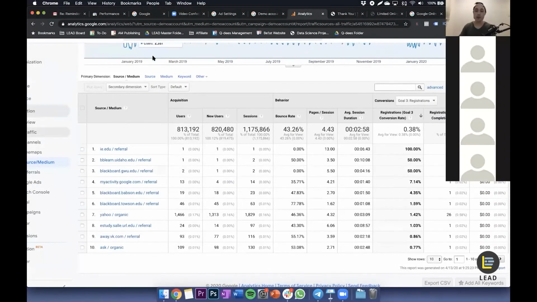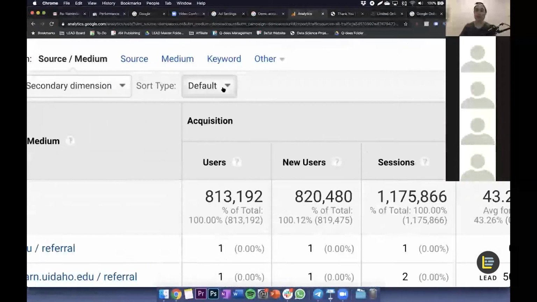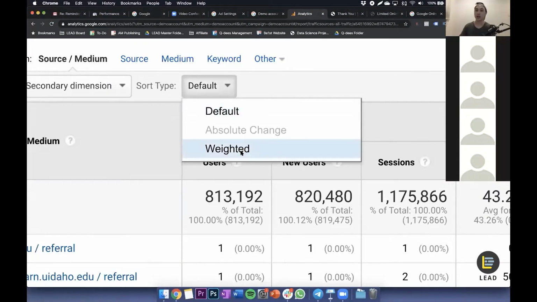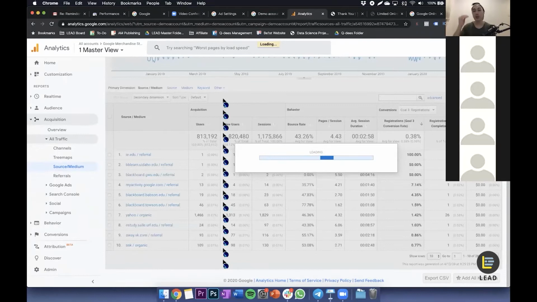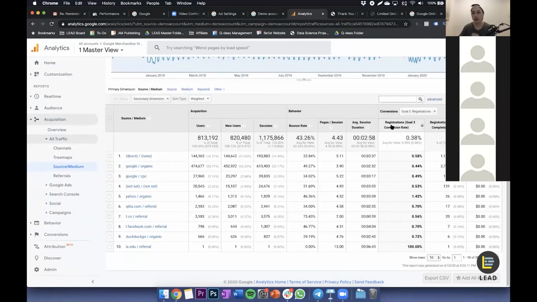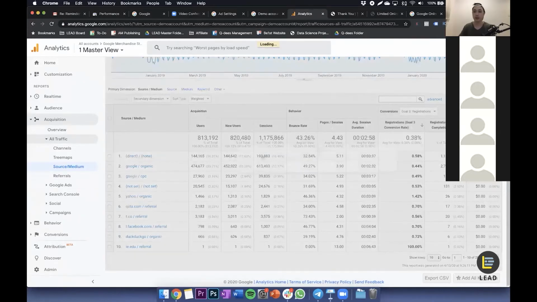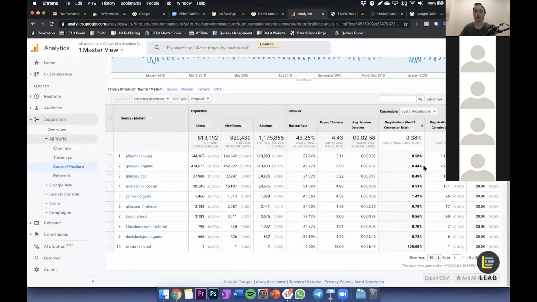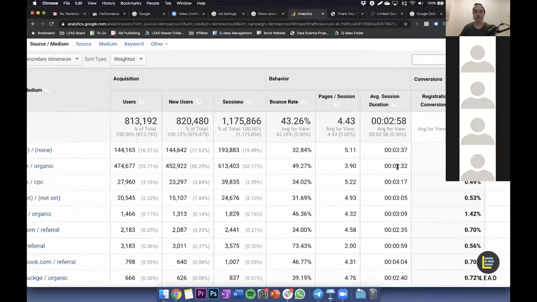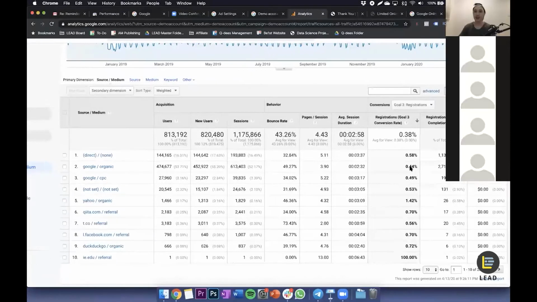Now, one way you can do this is to go up here, and instead of sorting this by default, we sort this in a weighted way. So we weigh it between the number of users and the conversion rate. So I'm going to click on weighted. Okay. And then we're going to see which traffic actually gives us some of the best conversion rate. So I'm going to filter that again by a weighted way of tracking, right? So we can see, okay, right now I'm going to leave it here, and you tell me